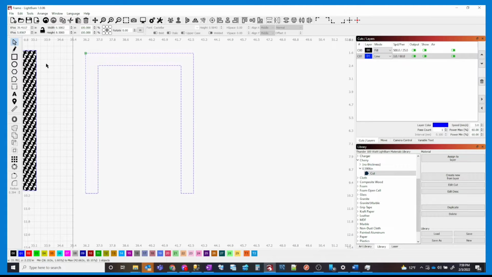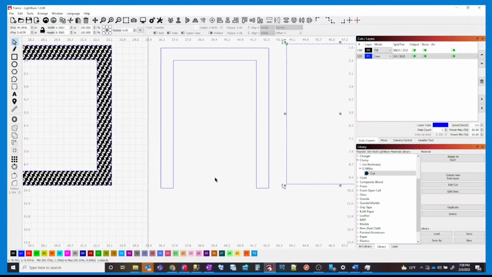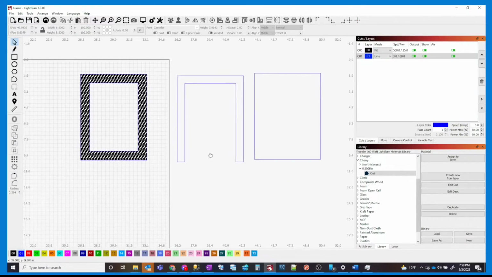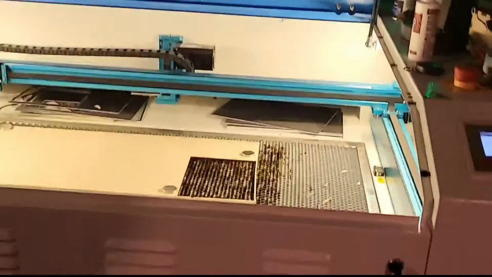And then let's see. So then the last piece is to duplicate that one more time, and we have our cutout for the back. So now we've got, okay,